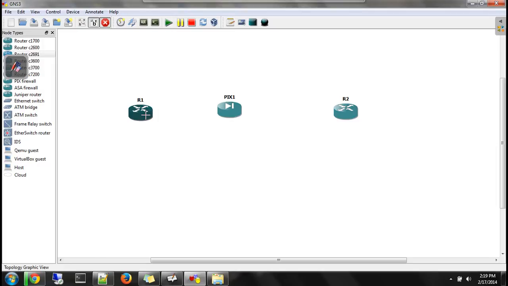Make the connection. I am connecting R1 to interface E1 of the firewall. I am connecting the E2 interface of the firewall to router R2. Okay. Then I am taking one more router here, and I am making a connection again. I am connecting the firewall E3 interface to router R3 F0/0 interface. Fine. So let me bring up the names of all the interfaces. This is E1, this is E2, E3.